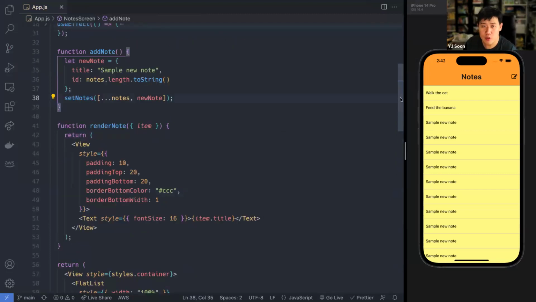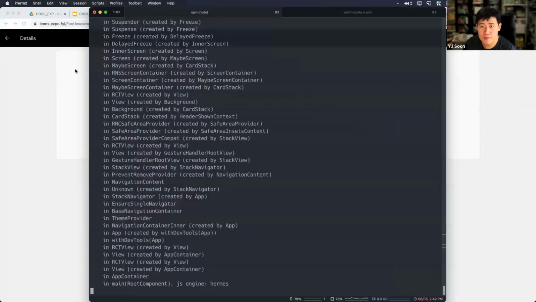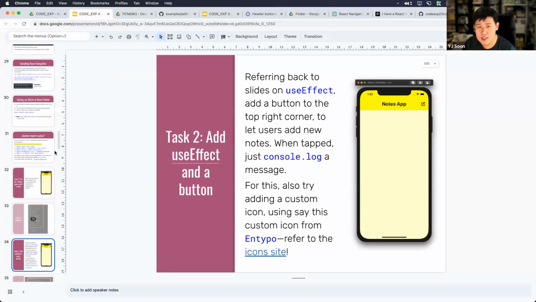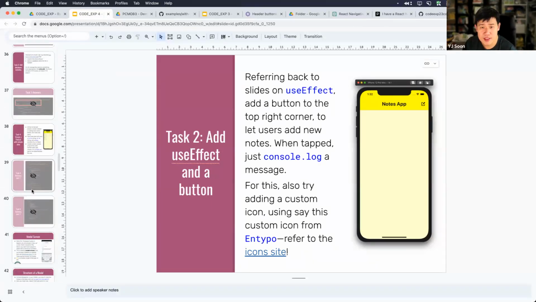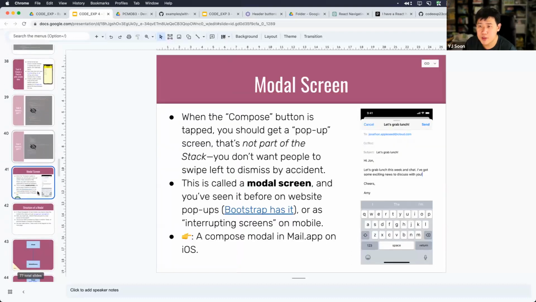What's a modal? Let me go back to my slides. I have an example for you. So a modal is essentially one of your standard view patterns in mobile app development, right? We've seen tab bars at the bottom. We've seen navigation bars at the top.